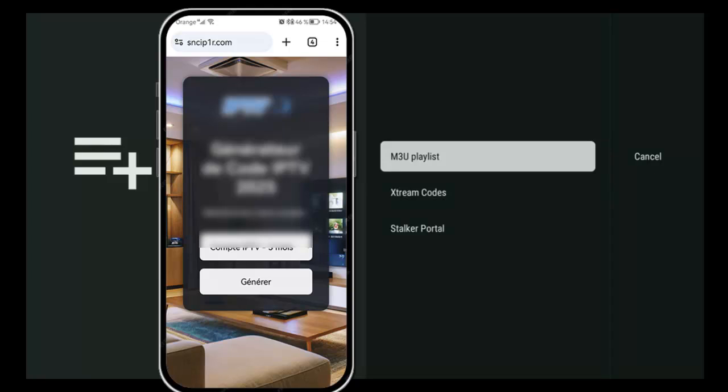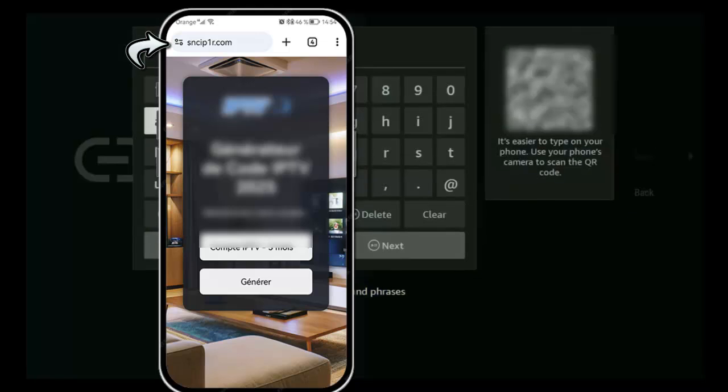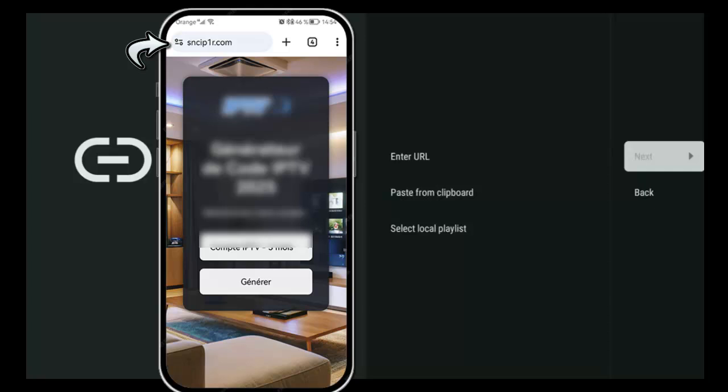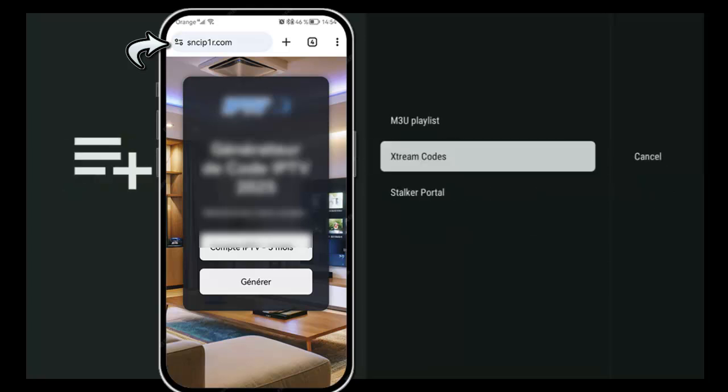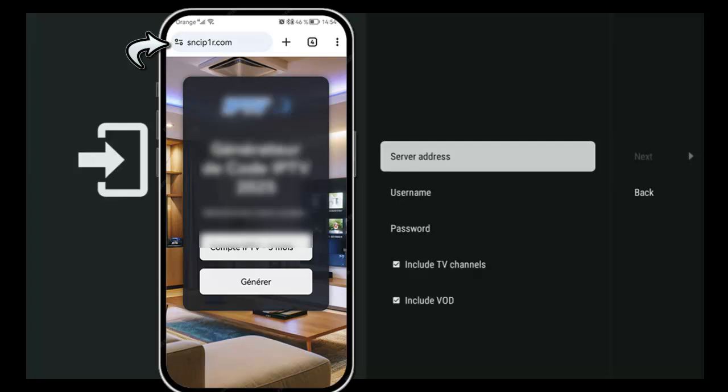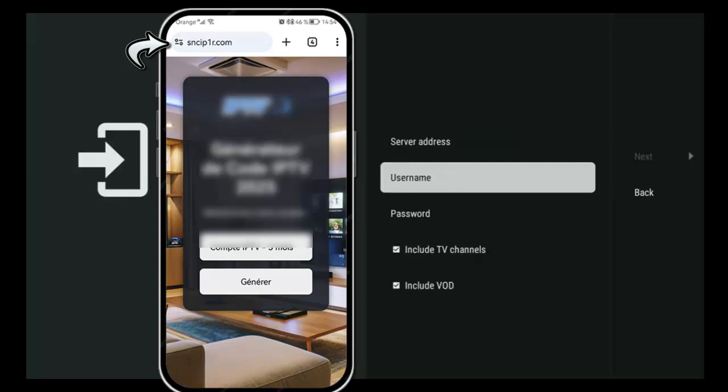If they gave you an M3U link, you have to click on this option, click on Enter URL, and then enter the link right here. Then you click on Next and get your playlist added to the device. Alternatively, you can use Xtream codes, so you would click on it, and then you would need to enter a bit more information, so you would have to enter